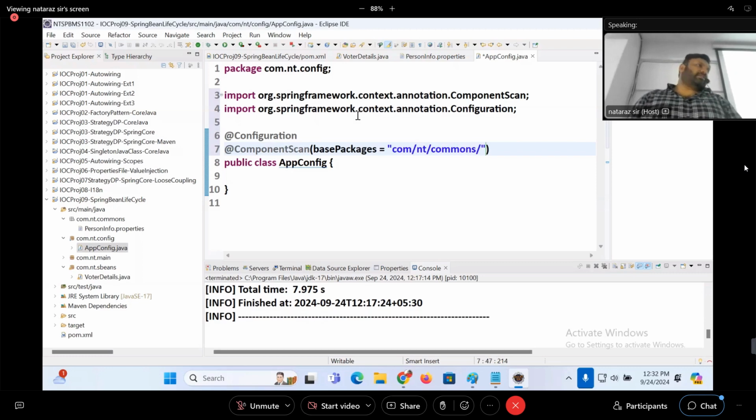What is next? What is the file name? PersonInfo.properties. Right, guys? PersonInfo. Easy na, boss? Yes. PersonInfo.properties. Acha, I think